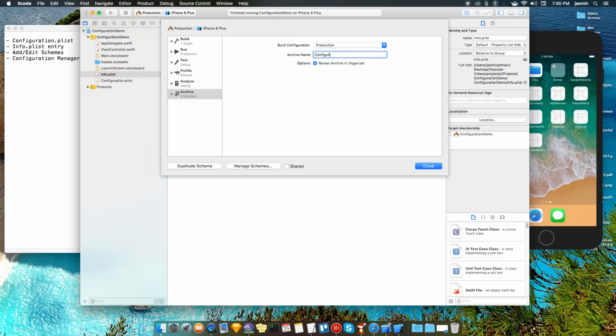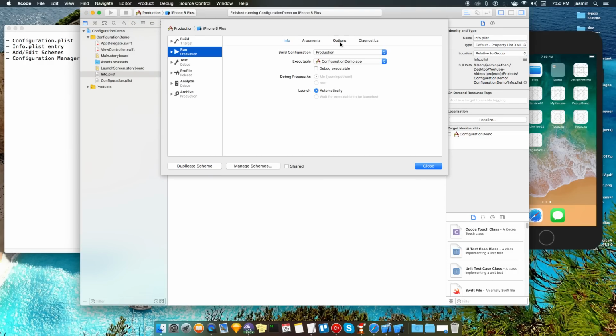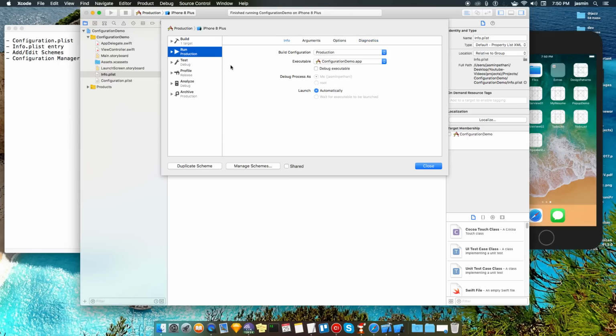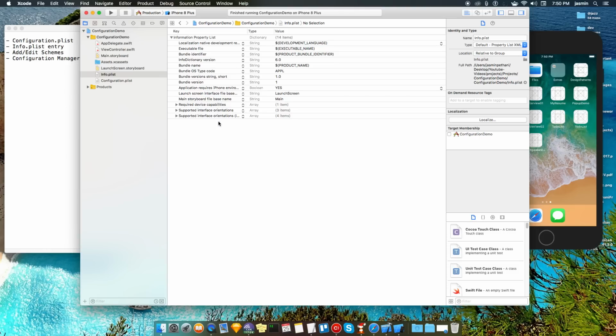I can give a product configuration. I made a minor change. You can make many changes. I disabled these things because I don't need them at production level. You can change everything for production. So this is how we change it.